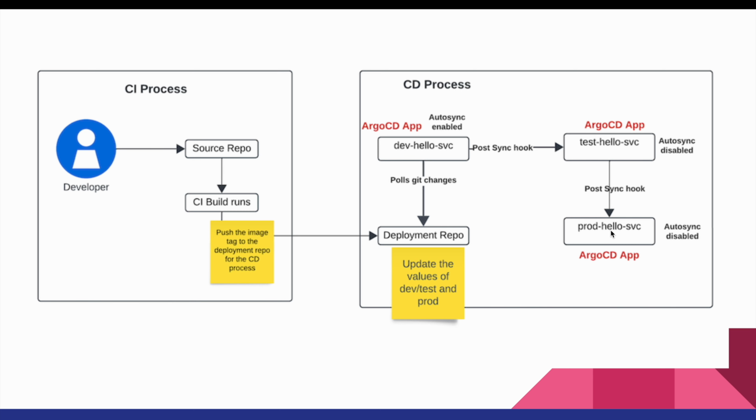There are a lot of other options that you can try and opt for, like an image builder. There is another option where you push the image with the tag after the dev deployment is successful, and here you have auto sync enabled, and as soon as that image is pushed, it will trigger. So there are a lot of options that you can actually implement, but this works fine. This is also what I prefer. I don't see any concern with this approach.